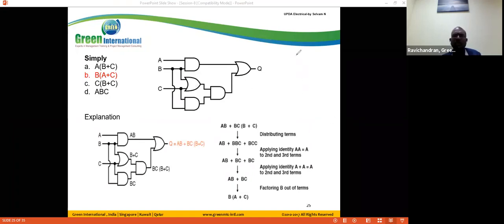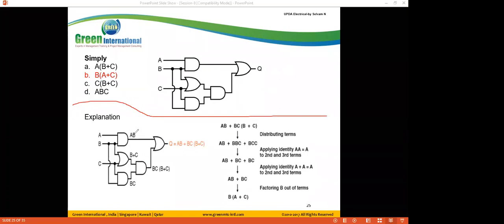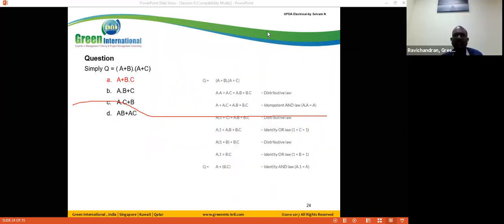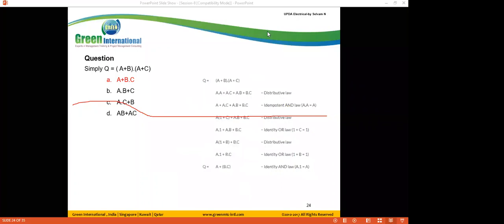So this is the question. So first we draw the. Can you please go back to the previous question if you don't mind? Yes. Can you explain the change from fourth to fifth step?